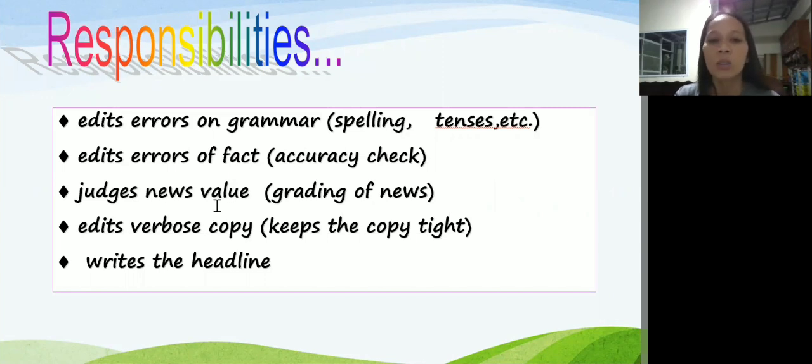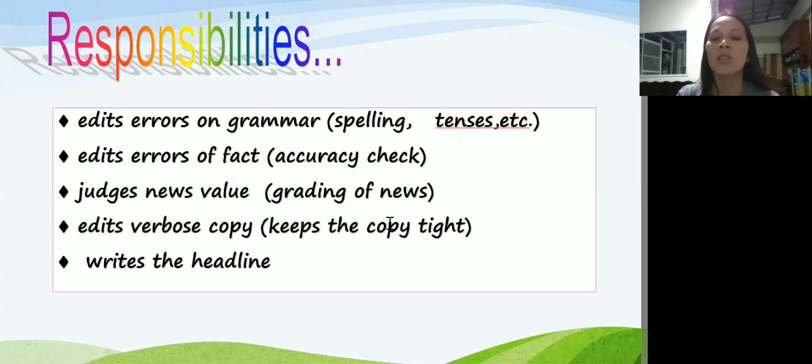Next, judge news value. You judge its timeliness, the impact. Ito ba ay light news? Ito ba ay news na hard news? Another one is edit verbose copy, keeps the copy tight.